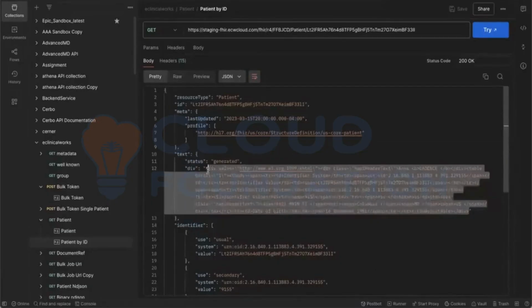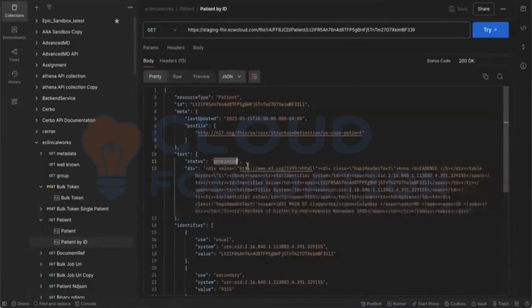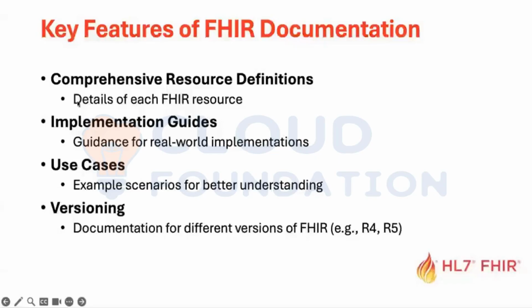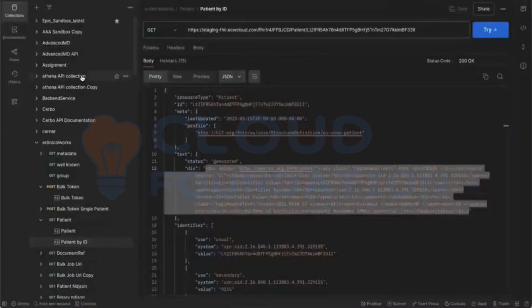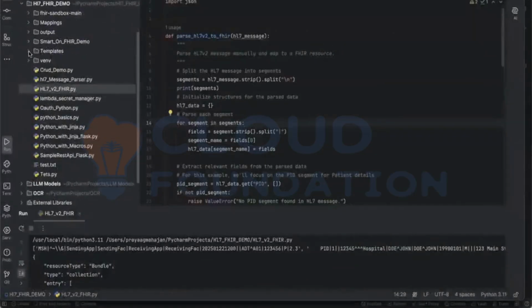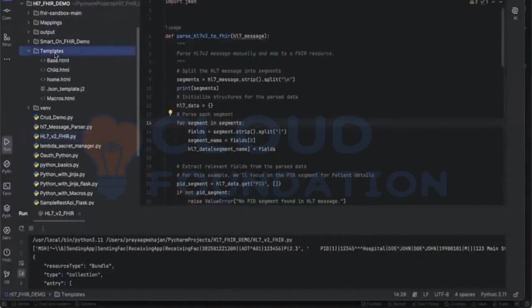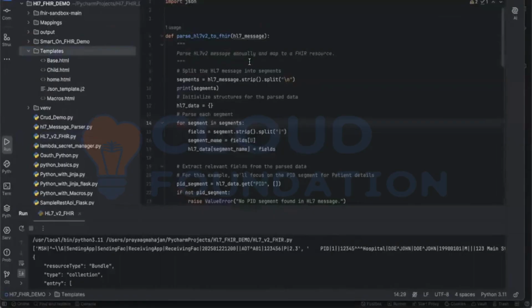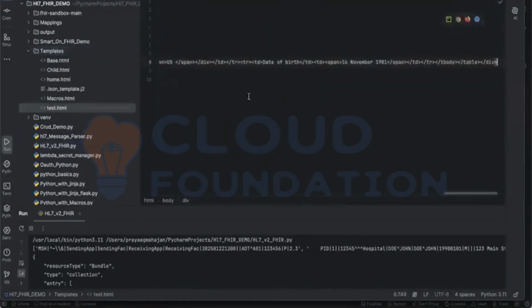Let's say if I'm copying this text, this is an HTML form and the status is generated. This is generated XML, generated HTML. You know how to deal with HTML. Let's try to do one thing. I copied that data from here. Let's create a new HTML file. In this body, I will be passing this data. Once the data is pasted,